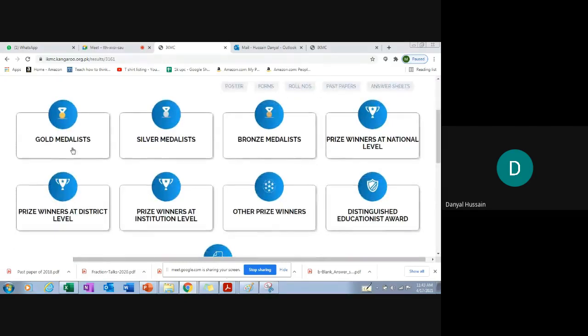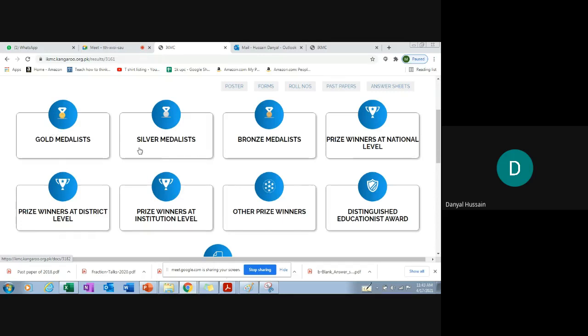We can achieve gold medal, and we have to achieve gold medal because all of you are very good students. You all are best students. Just you have to do practice for IKMC and you all can achieve gold medal. So think we have to set a goal that we have to win for gold medal.